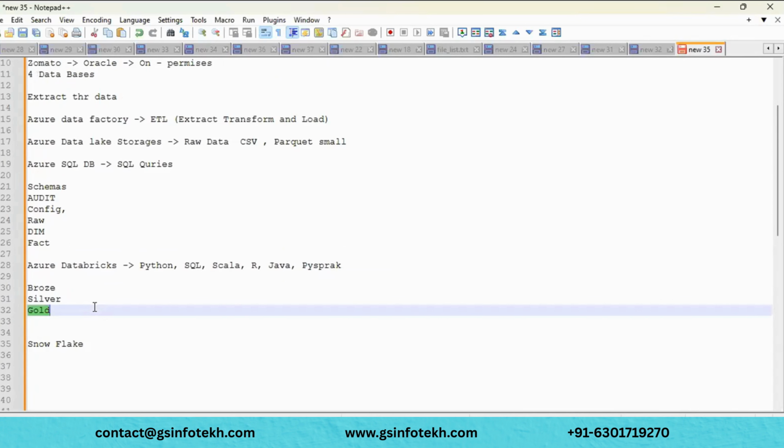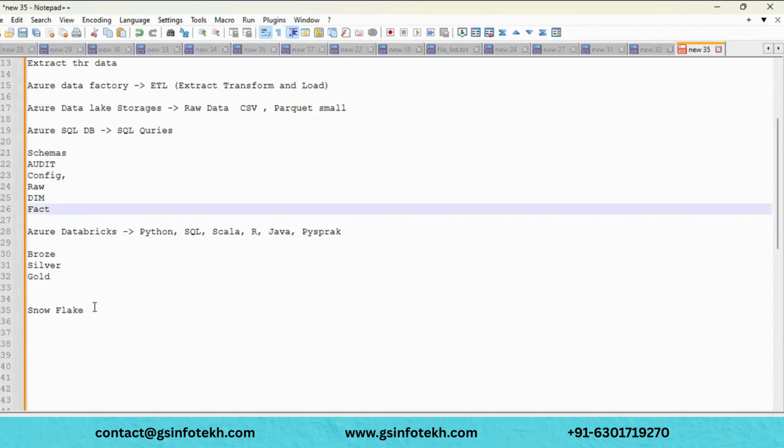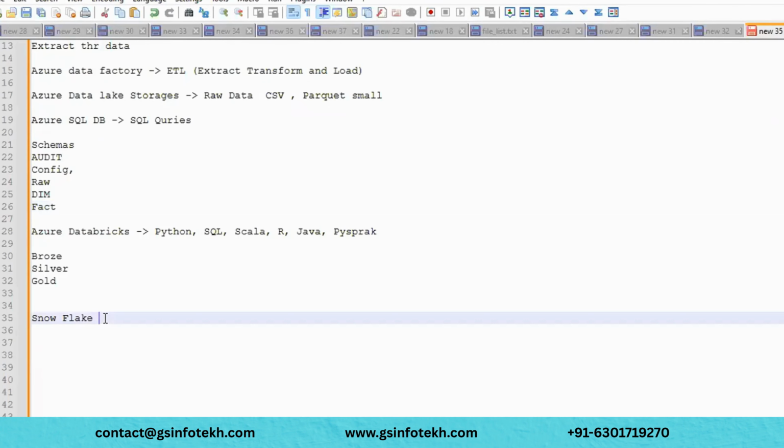There are also some security considerations. We should not hard code each and every value, like the credentials we get from the Oracle team or from different teams. We need to use a key vault. In Azure, we have Key Vault, and with its help we can secure our credentials and use them wherever we want. Any questions or doubts so far?